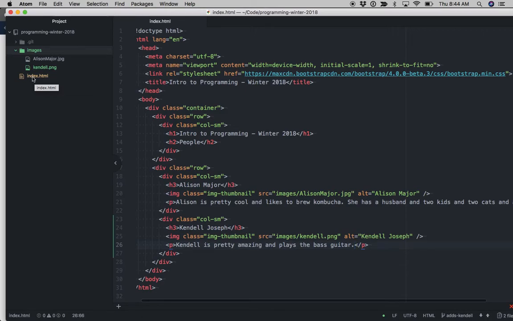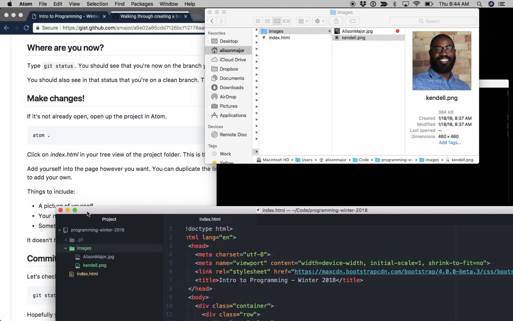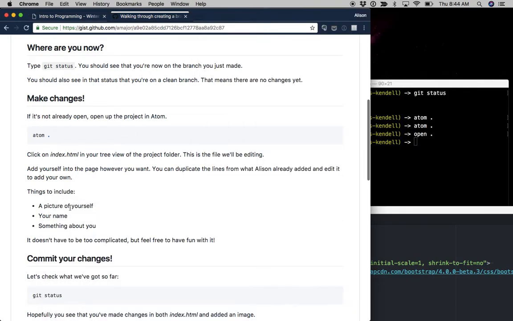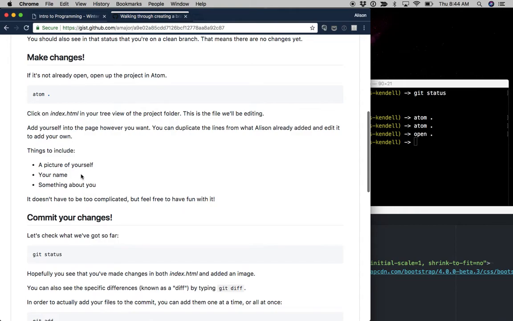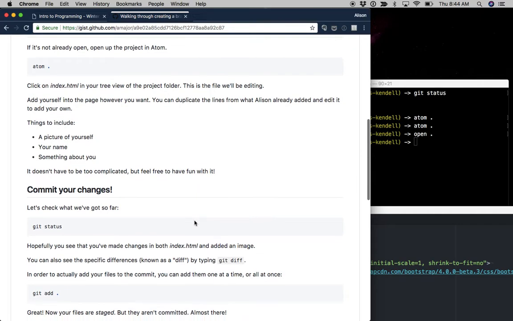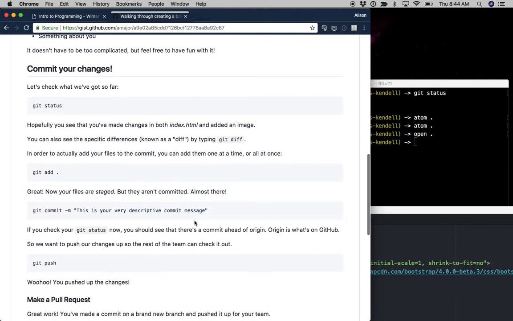And that's one of the fun things about Atom, is it really ties into Git very well and gives you a lot of colored syntax to help you see what's going on with your differences. Okay, so let's go ahead and go back to our instructions here. So we've opened Atom, we added a picture of Kendall, his name, and something about him. Doesn't have to be complicated. If you want to get more creative than that, you are welcome to. Go ahead and do more than one commit. Okay, but now that we've made some simple changes,